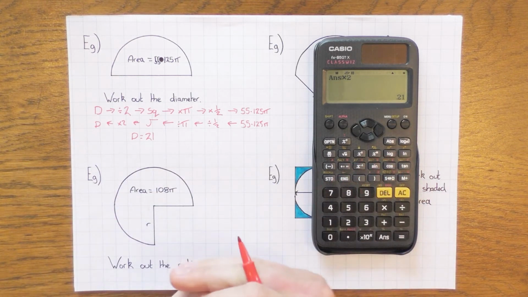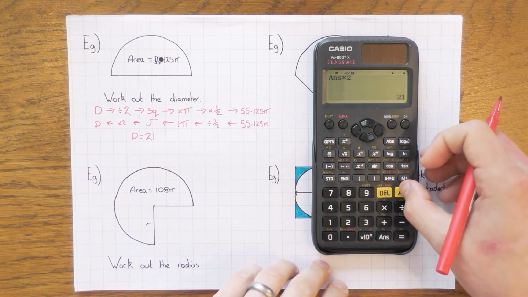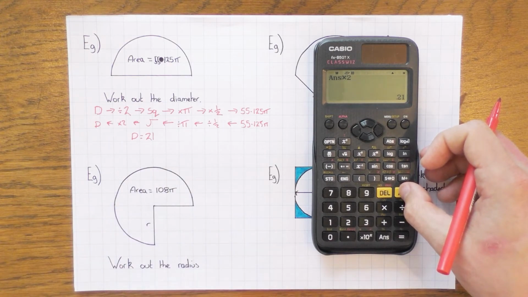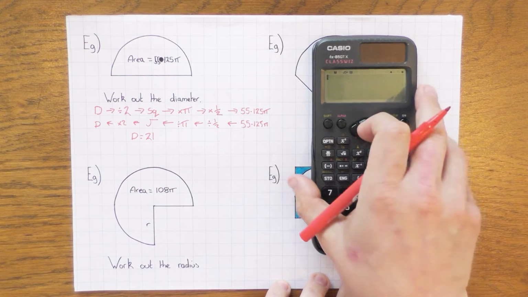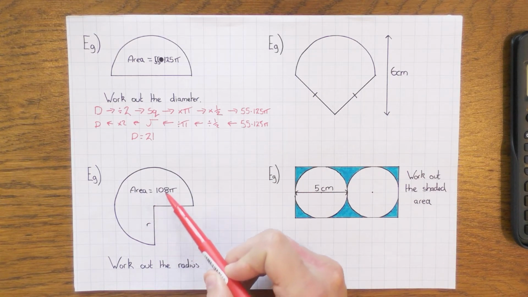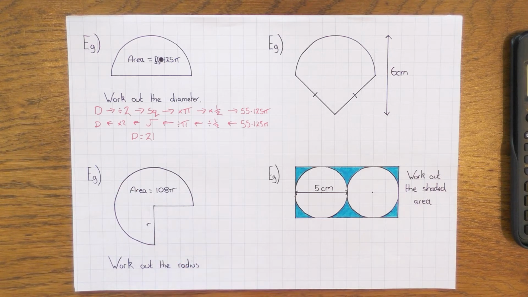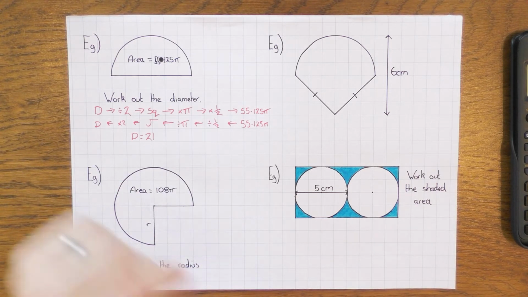Of course, go back and check it, stick it back in, do you get the right answer? I'm not going to do that now because I'm running out of time, so you can definitely do that in the exam and check. Right, next one, exactly the same idea. This time I have the area of 3/4 of a circle is 108 pi, and I need to know what the radius is. This one's slightly easier